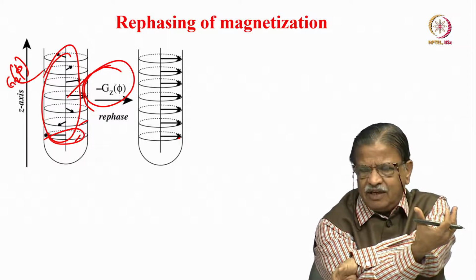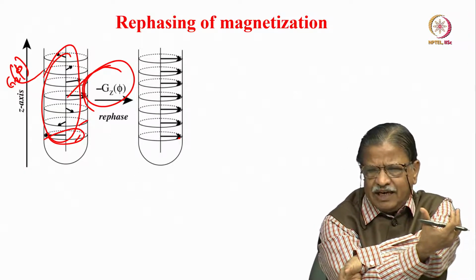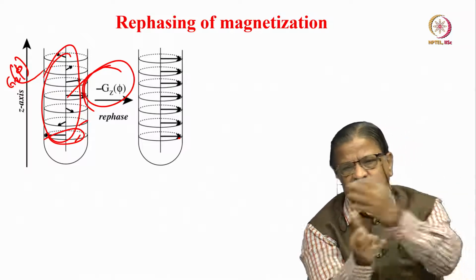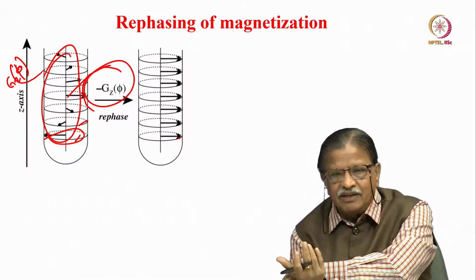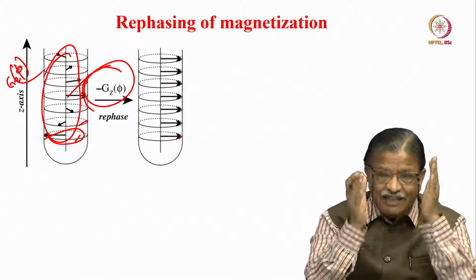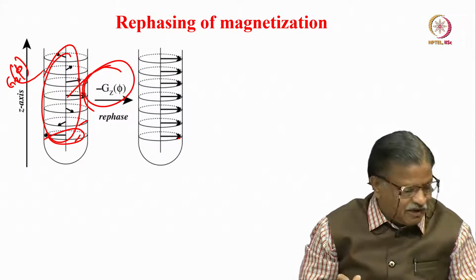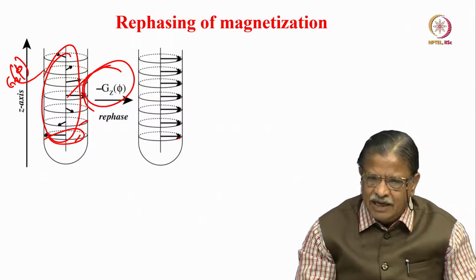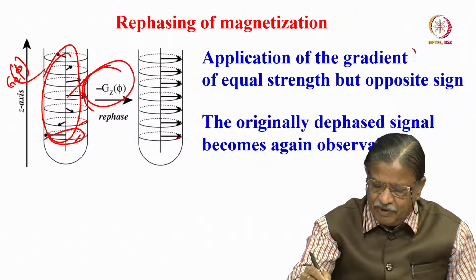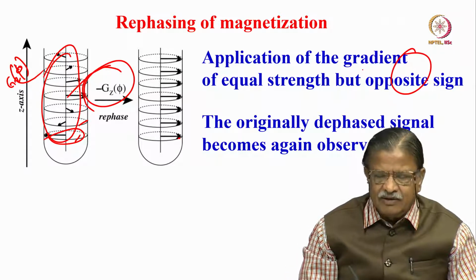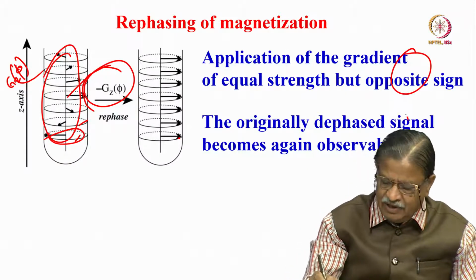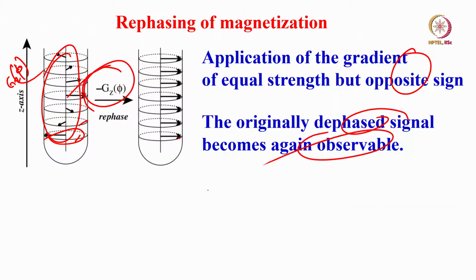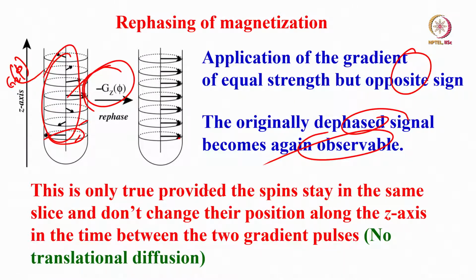It reverses the rotation. The z rotation along the z axis gets reversed and the spins start going back. So that means it will rephase exactly where they were before the application of the gradient pulse. And this is what happens when you apply an equivalent opposite strength of the gradient: the originally dephased signal will become observable. Okay. Now the question is